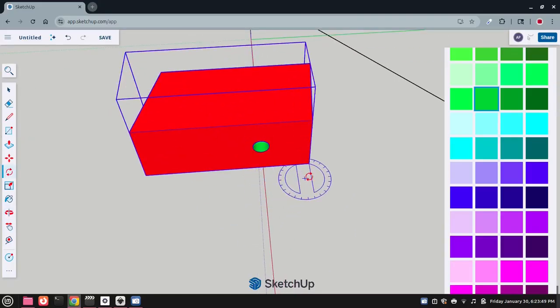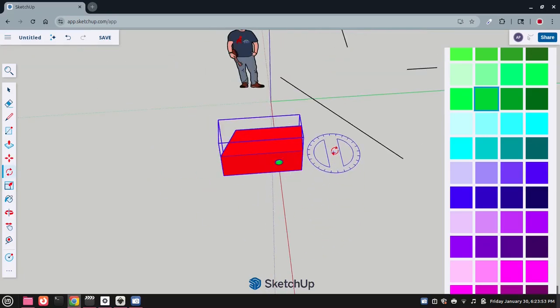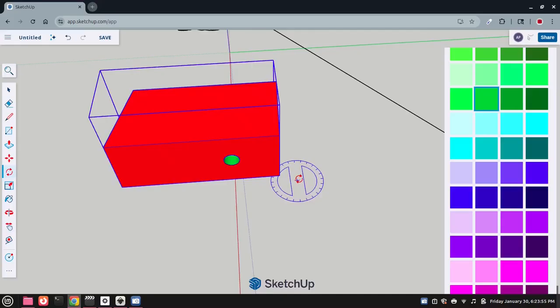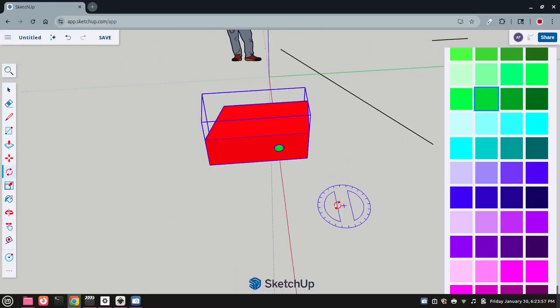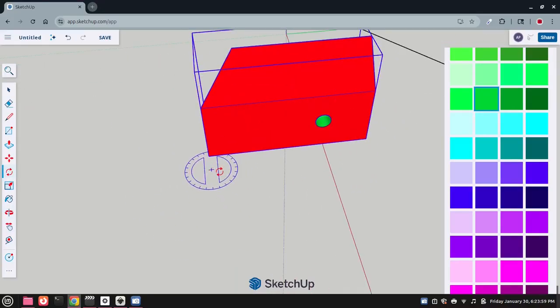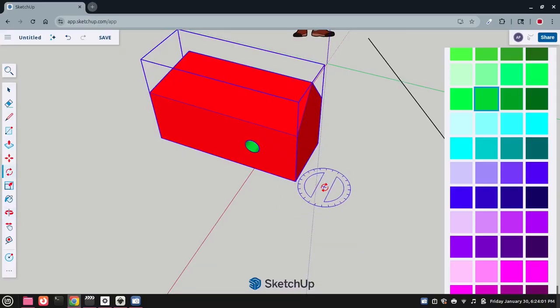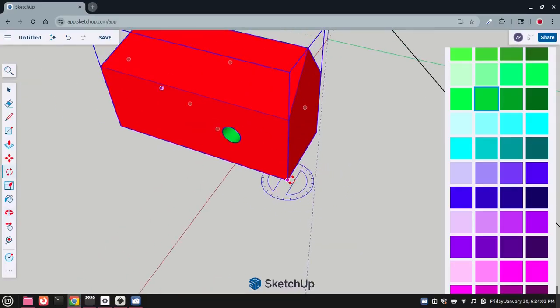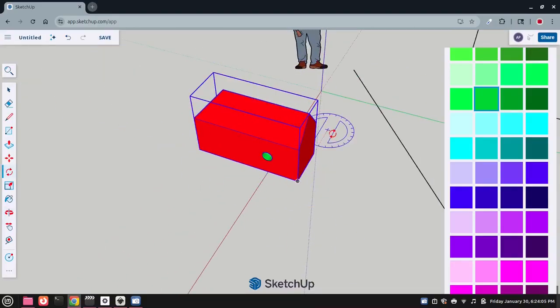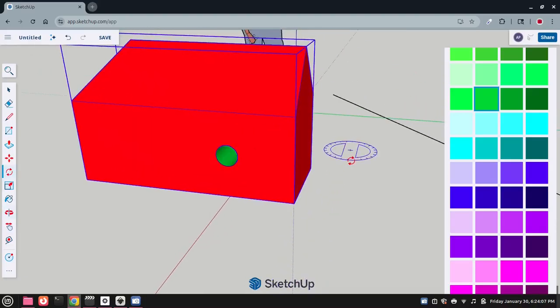If you want to rotate your object about a specific point, like have that point stay where it is and everything else rotate around it, I can choose a point. Let's say I want this corner to stay put and the rest of the thing to orbit around that point. I can click on there, but now we can see that our